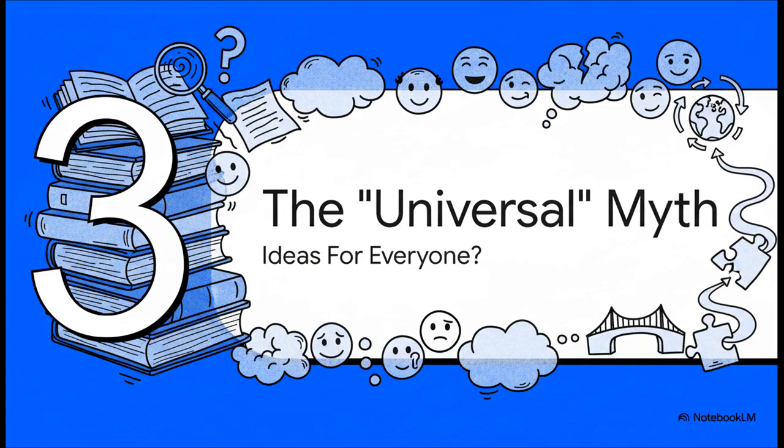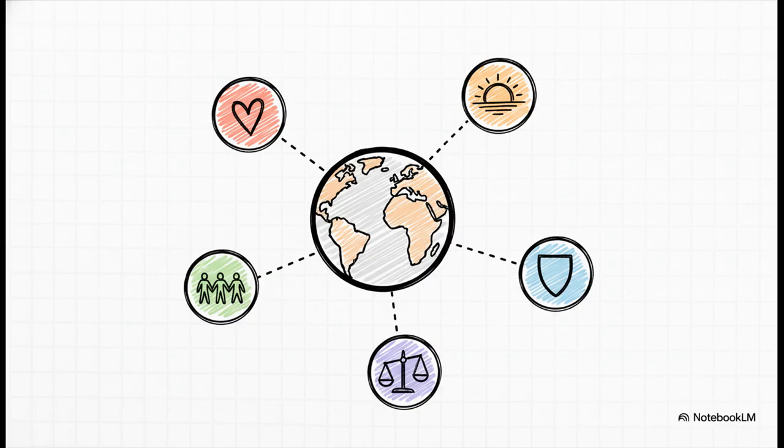Okay, but now we're going to get into the really juicy part of this whole conversation. We're going to challenge an idea that, honestly, most of us were taught as fact in school. You know these lists, right? Of course you do. We've all seen them. Love, death, good versus evil. They're presented as these giant universal ideas that connect every single human being across time and culture, a kind of greatest hits of the human experience.